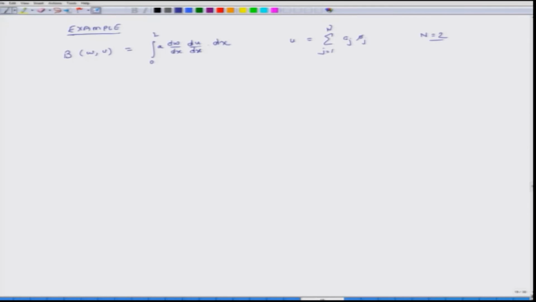Let us calculate how we figure out the terms in that matrix. W is phi I, then B of phi I, phi j is equal to the integral from 0 to L of a times